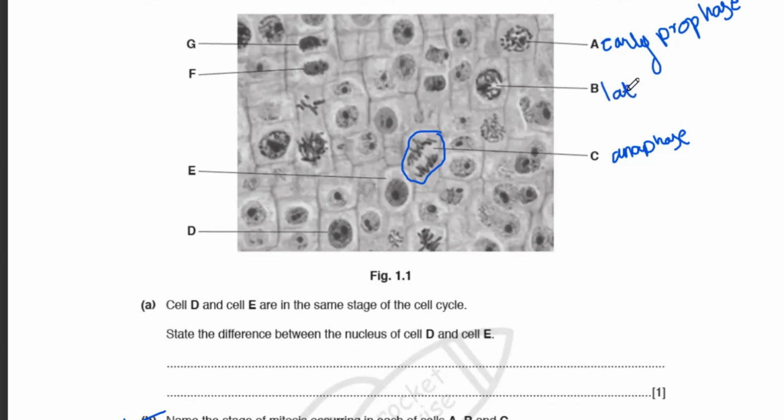And how are we able to identify that one of them is early and one of them is late prophase? You can see that at stage A, the chromosomes are condensing, but they're still very thin, right? But the intensity of the condensation in stage B is much higher than what you can see at stage A. At A, chromosomes are still in the process of condensing, but by B, they have condensed to their maximum ability. Anaphase is the easiest to identify.